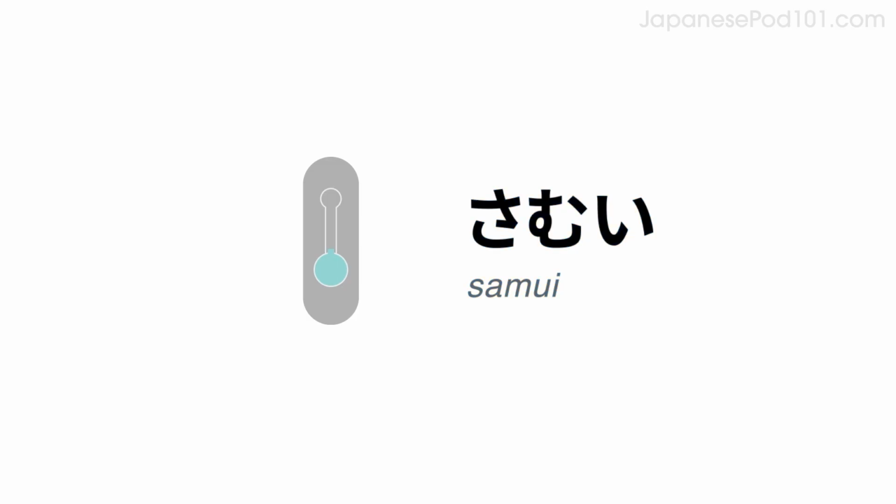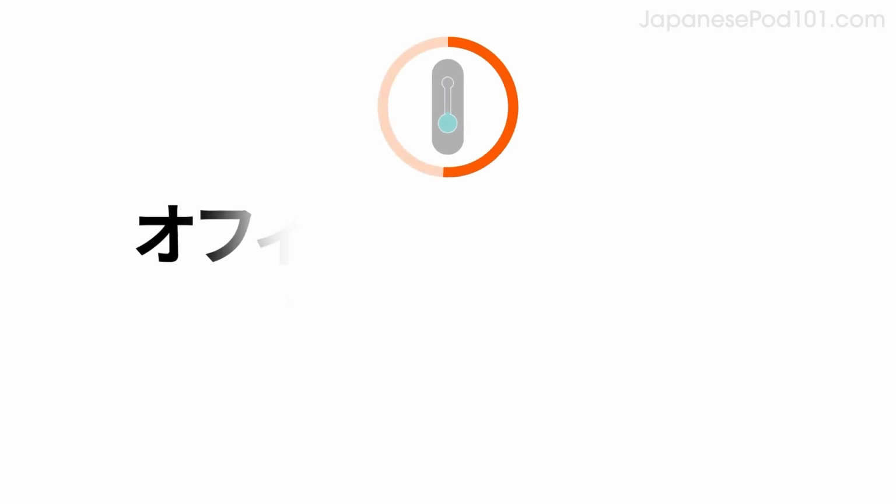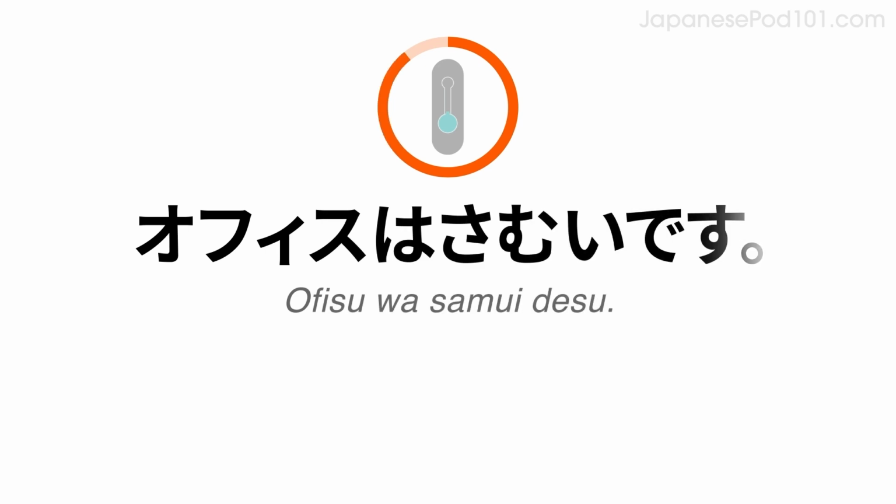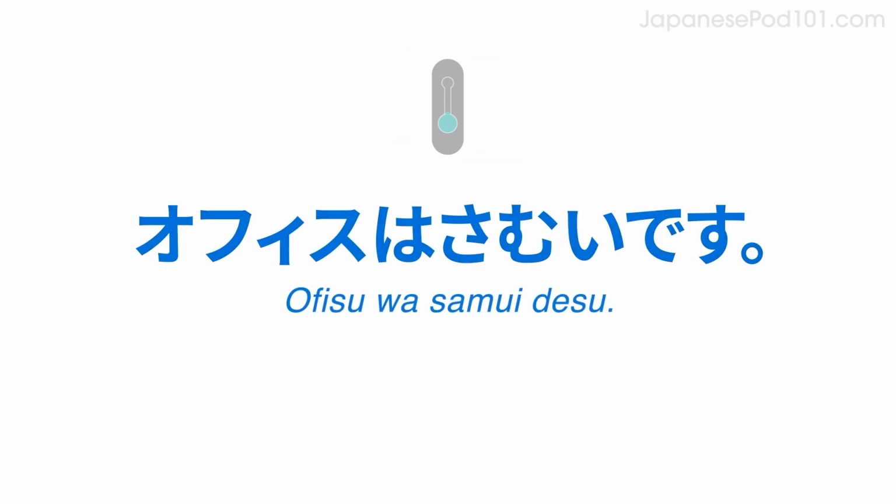Do you remember how to say, "cold"? 寒い。 Say, "The office is cold." オフィスは寒いです。 Now answer the question saying the office is cold. 大丈夫ですか？オフィスは寒いです。